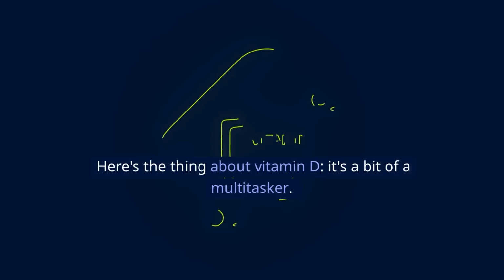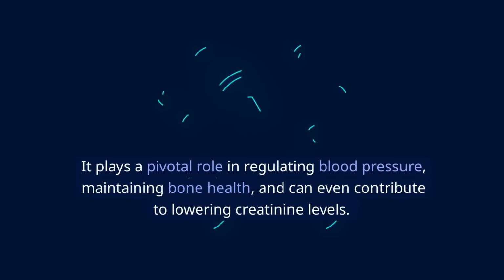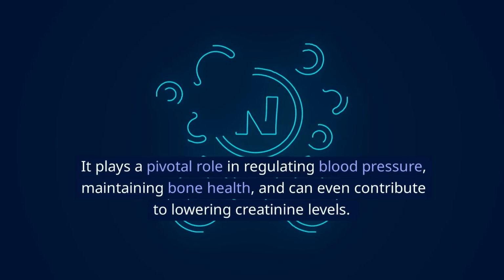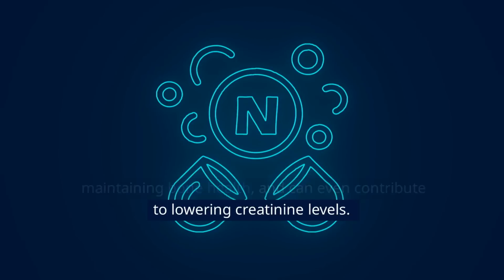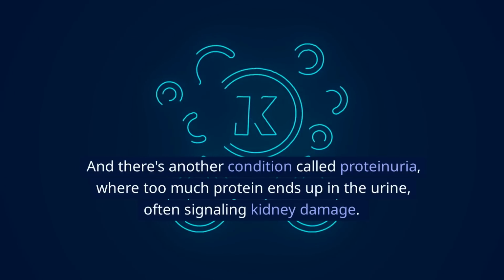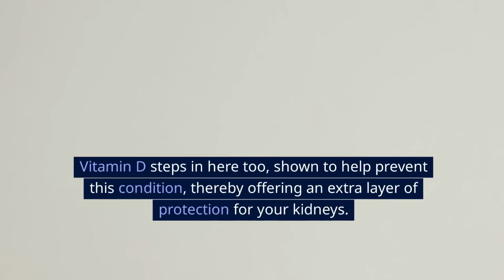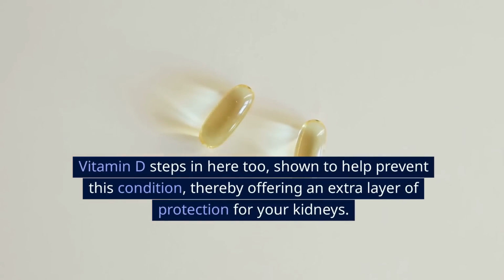Here's the thing about vitamin D: it's a bit of a multitasker. It plays a pivotal role in regulating blood pressure, maintaining bone health, and can even contribute to lowering creatinine levels. And there's another condition called proteinuria, where too much protein ends up in the urine, often signaling kidney damage. Vitamin D steps in here too, shown to help prevent this condition, thereby offering an extra layer of protection for